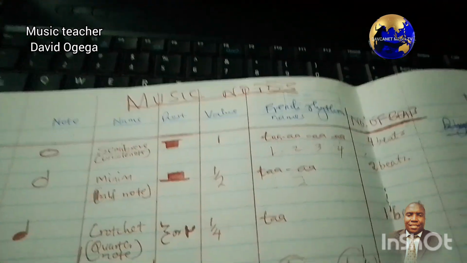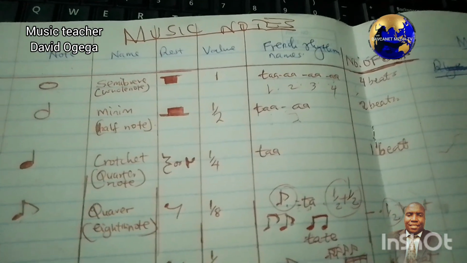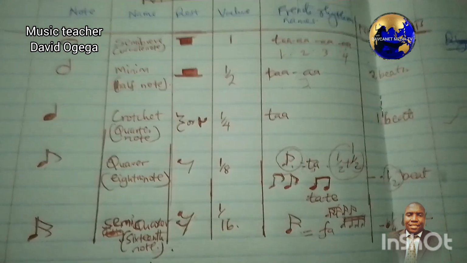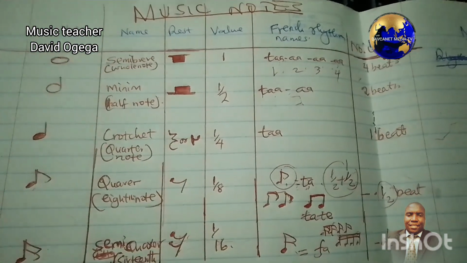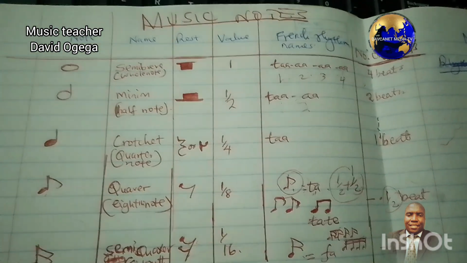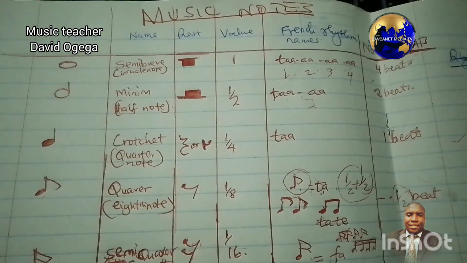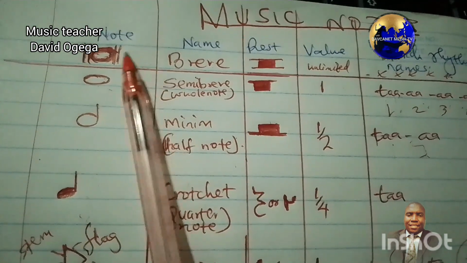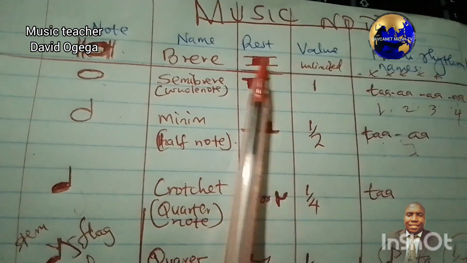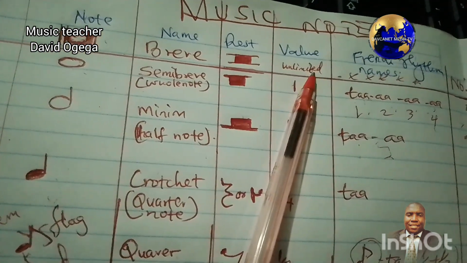Today I would like to present to you different types of music notes, whereby these notes are the ones we use to create a rhythm. A rhythm is created by long and short sounds. The longest note is a breve. This is a breve note, and the rest of a breve looks like this, and the value of a breve